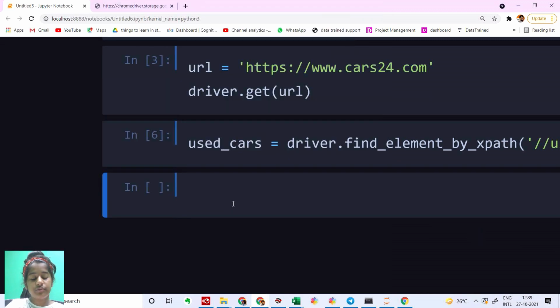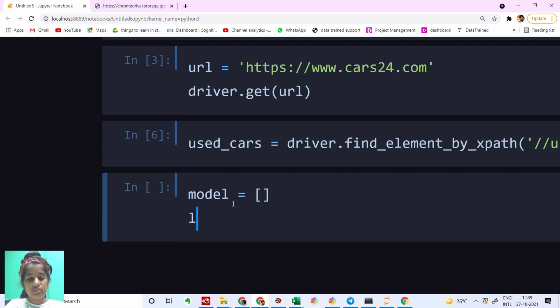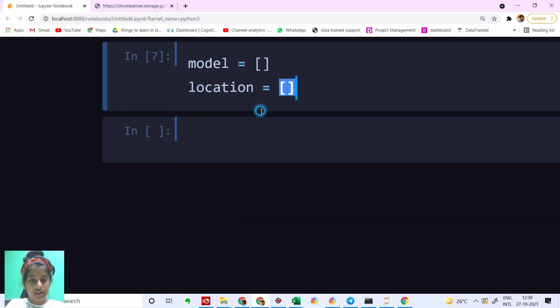Now what we have to do is create lists, basically the column names. I'm going to show you guys only 2 columns, the model and the location. The others you can take as homework, and when you complete the homework you can put a done in the comment section below. I'm going to say model is equal to, location is equal to, let's run this. Yes,